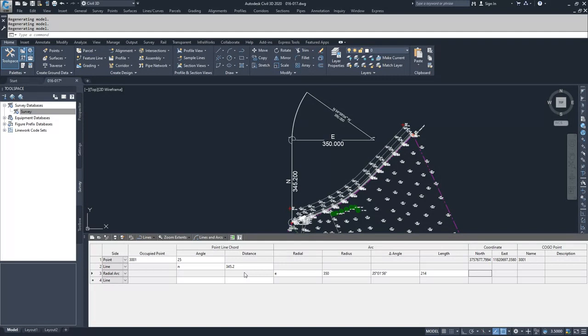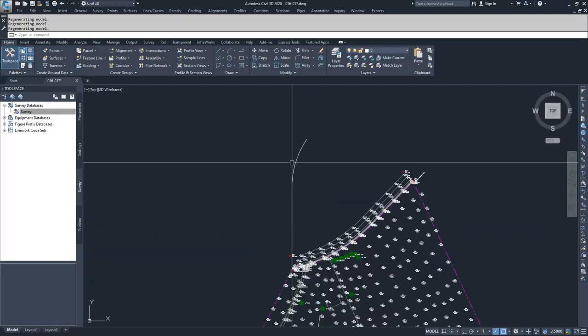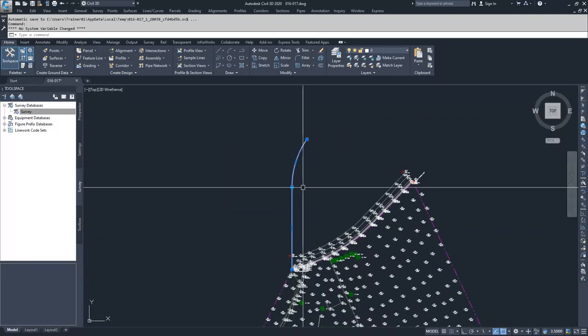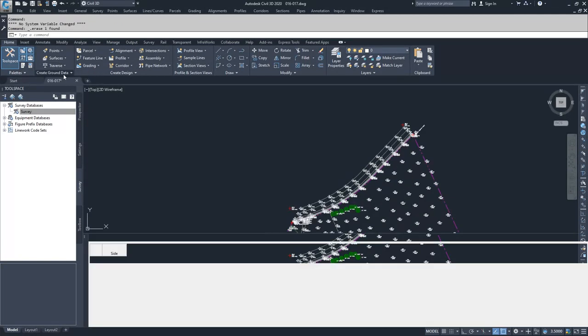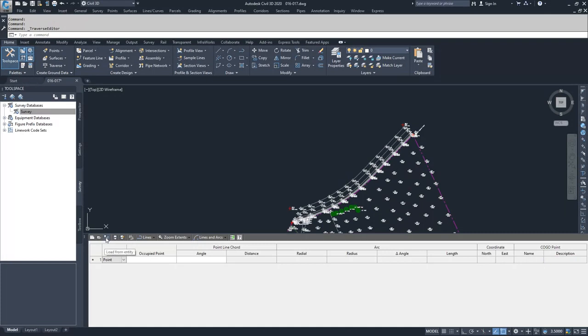If you already have a parcel drawn in, you can bring in that polyline or some sort of Civil 3D object by importing an object, load from entity. So I'm going to close out of this traverse, discard changes, select the line that was created, and delete it. Then I'm going to jump back into Traverse Editor and load from entity.